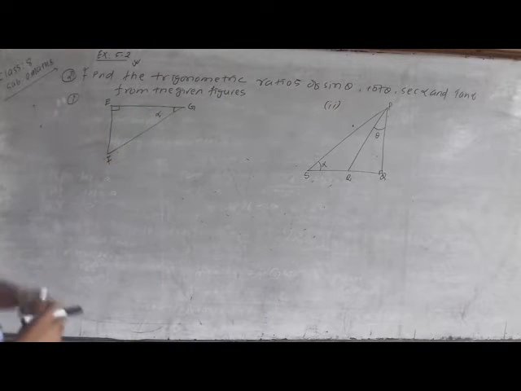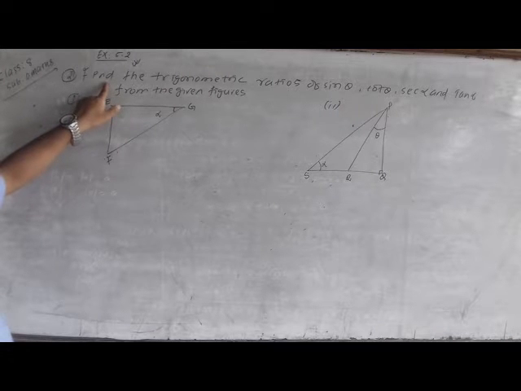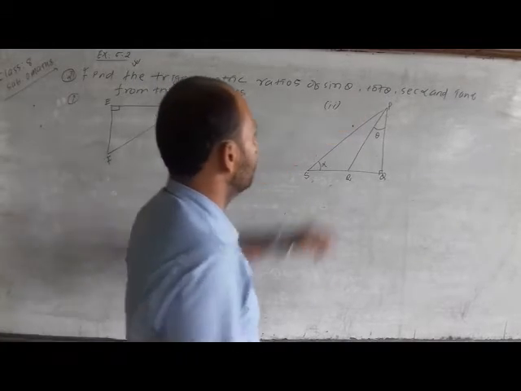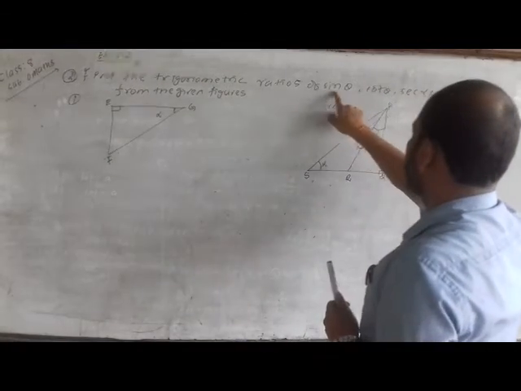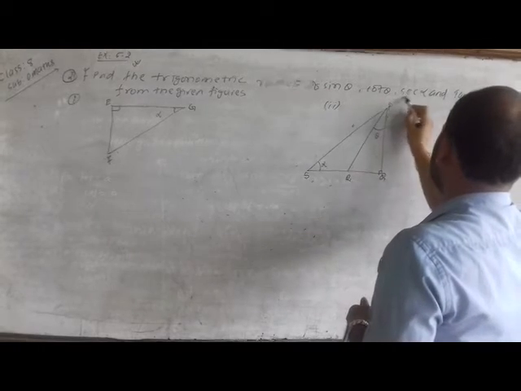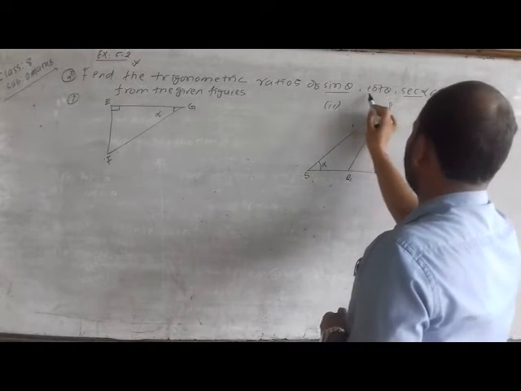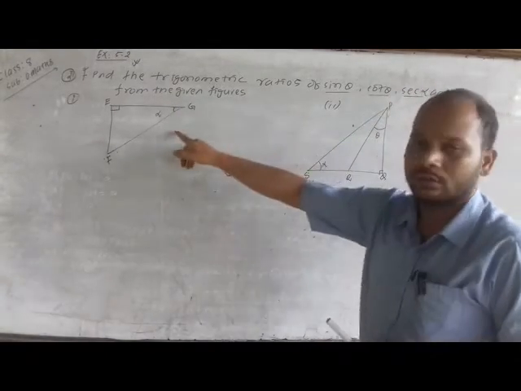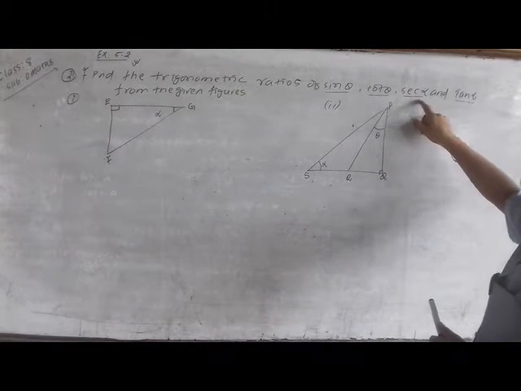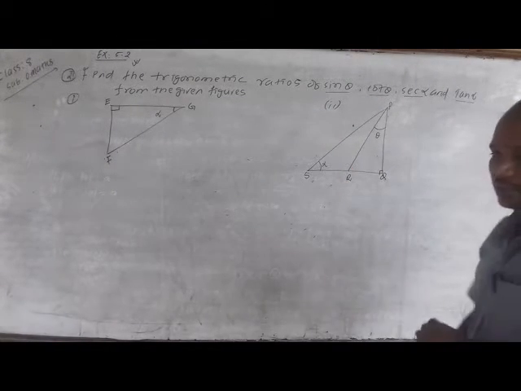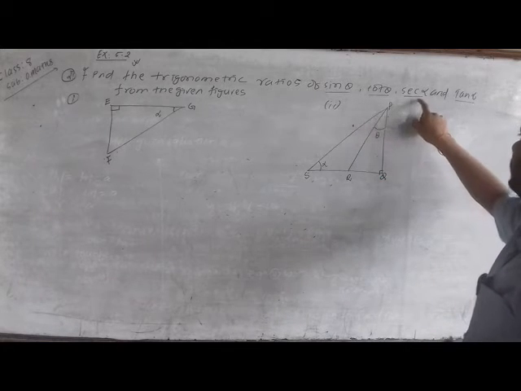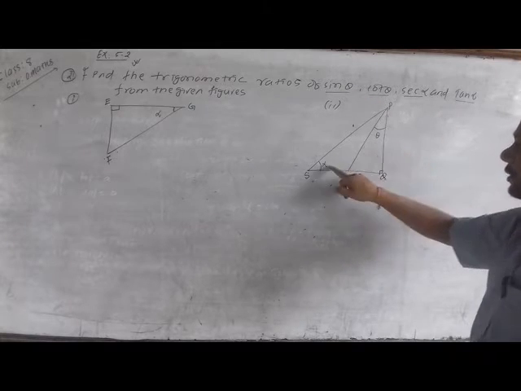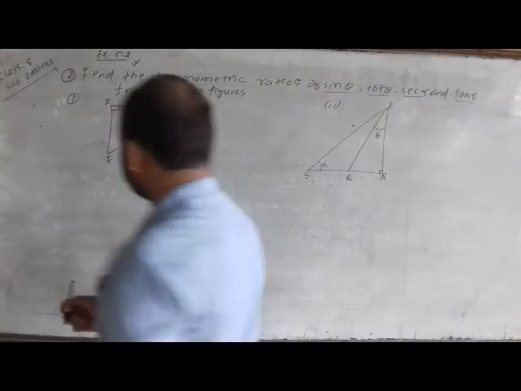Now first you read the question. What does your question say? Find the trigonometric ratios of sin theta, cos theta, sec alpha, tan alpha. My dear students, here we have only given alpha. So from this figure we only have to find sec alpha and tan alpha, because theta is not given. For this question you should find all of these, because there is theta as well as alpha. Now look here at how we solve.